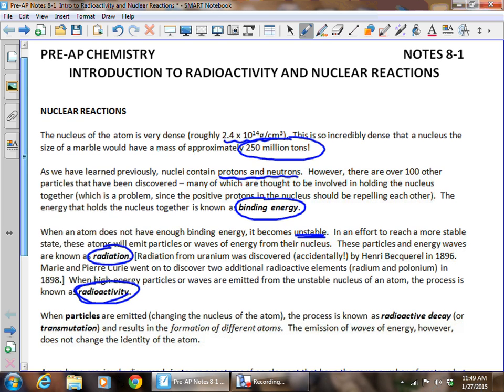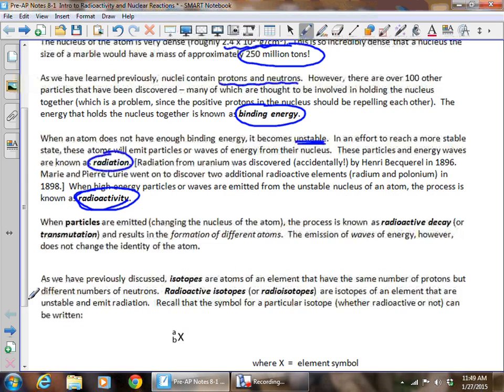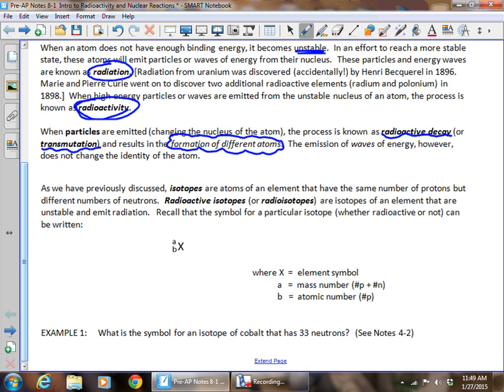Now, if the emission of the particles changes the identity of the atom, we call it radioactive decay or transmutation. And unlike chemical and physical processes, this nuclear process does actually result in the formation of different atoms with different identities. The emission of waves of energy, if it's just waves of energy, does not change the identity, and we'll see how that plays out in just a moment. But before we do that, let's just real briefly